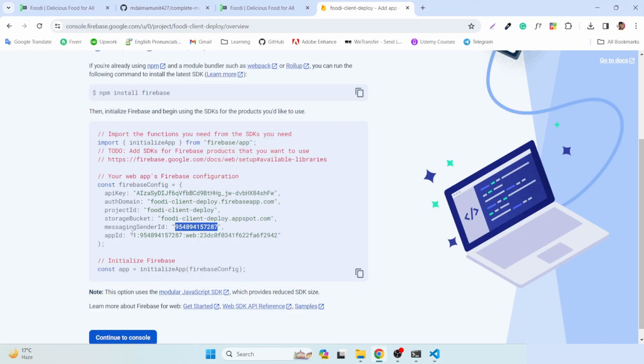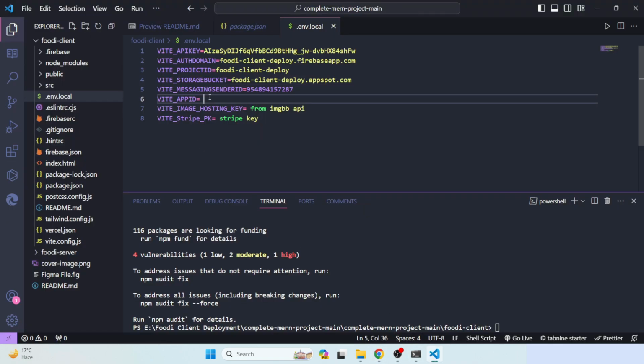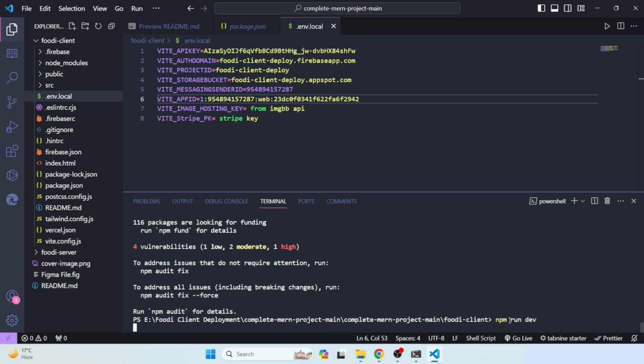After then you will have to just copy the app ID and make sure you paste it in the underscore app ID. Paste it here. After then, if you just want to run this project, you can simply type again npm run drive. Okay,